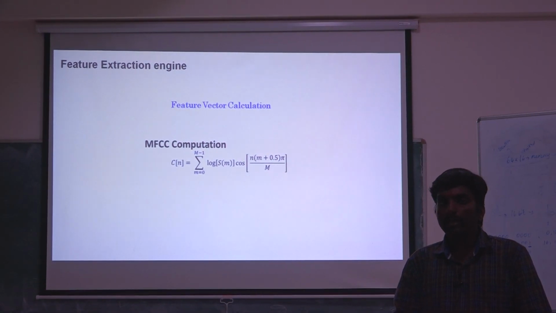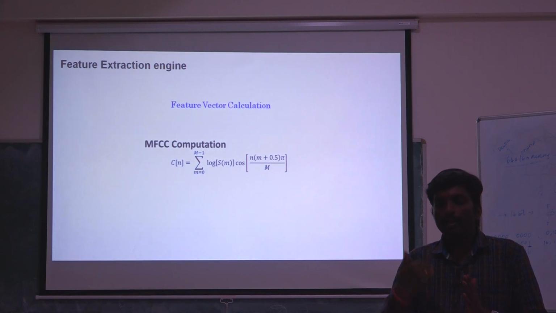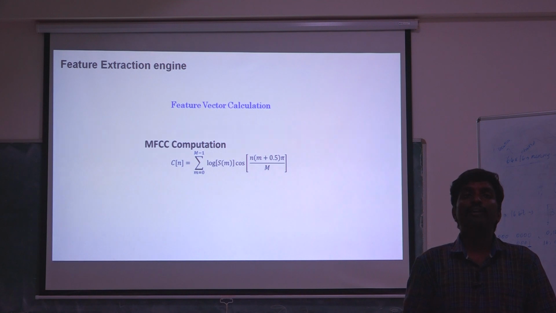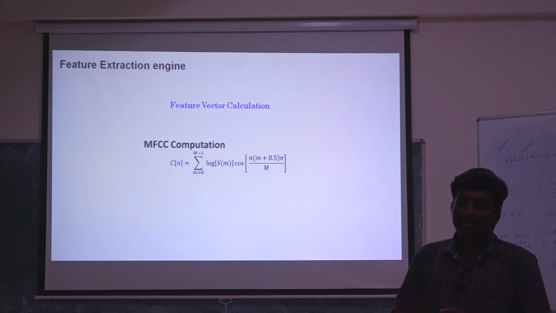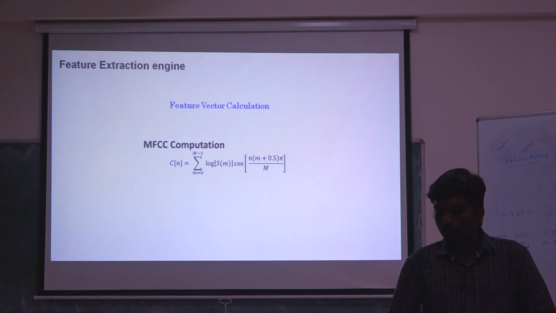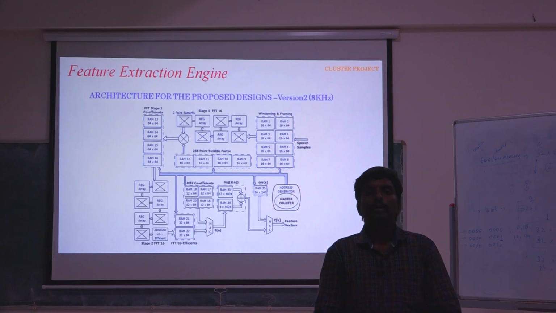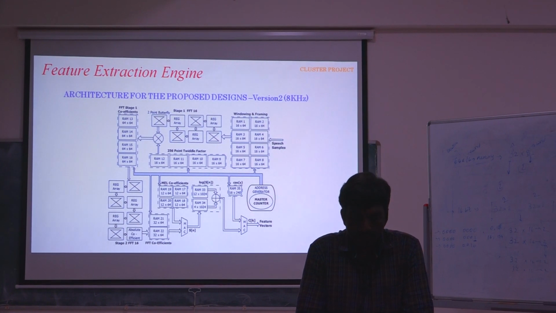So 20 clock cycles and 12 continuous subframes for the MFCC computation, MFCC feature vectors. Each value has to be followed for the 20, and this 20 has to be computed for the 12, in the sense 240 clock cycles are required. Instead of that, if you follow the same DIT structure for computing this, it will end up with 20 clock cycles at last.